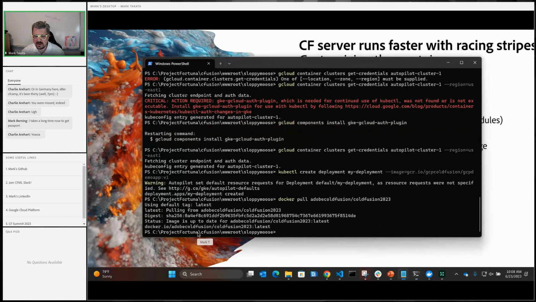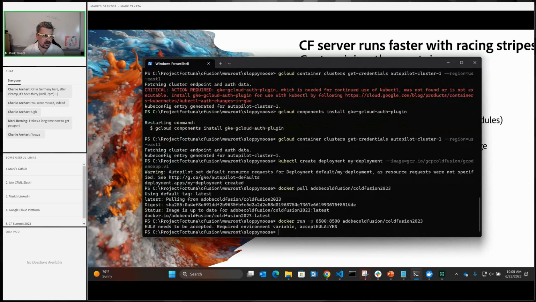So at this point, what most people do is they'll just say docker run -p 8500 fusion, and it's going to explode into terrible, terrible pieces, right? Because I didn't accept the EULA. But if I accept the EULA like this,